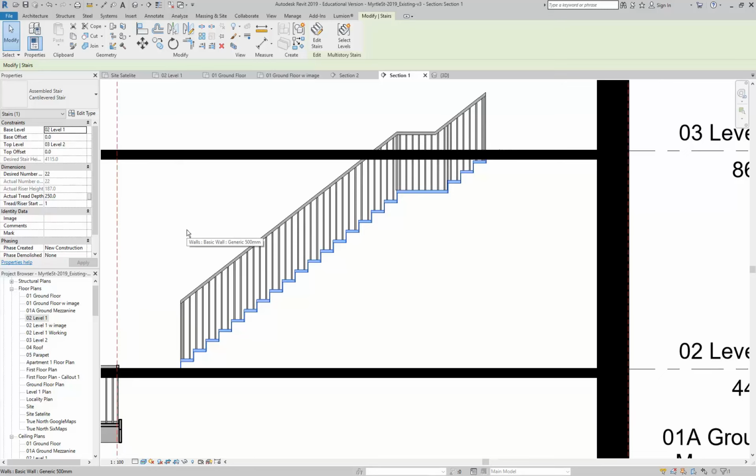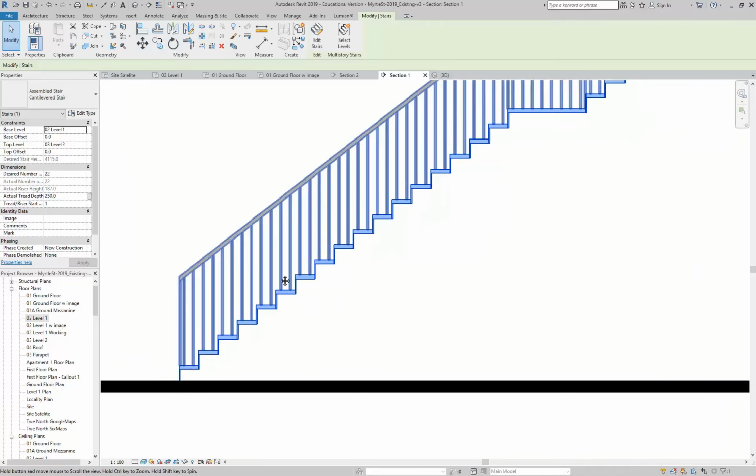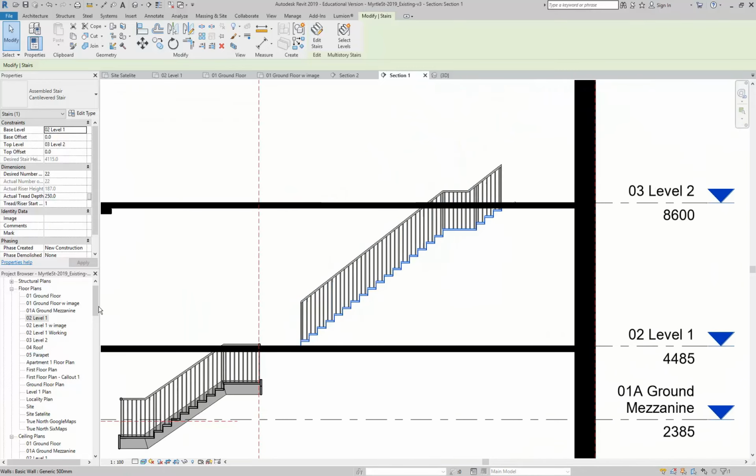Yeah, you can manually delete them, but that's not doing it with the type, so when you do your next stair, you'll have to delete them again. But now that I've done this, I can just make a new stair and it'll come up without any of these things. So that is a cantilevered stair, and I'll just show you in